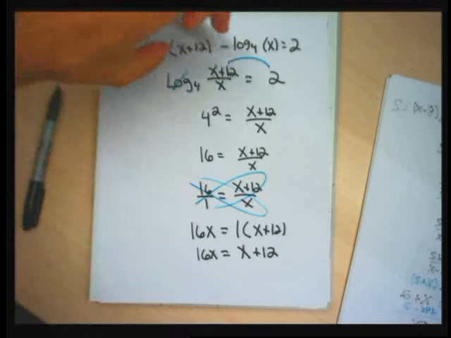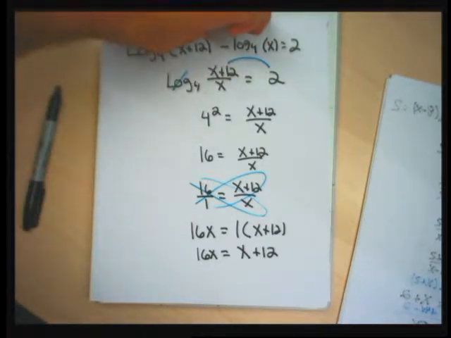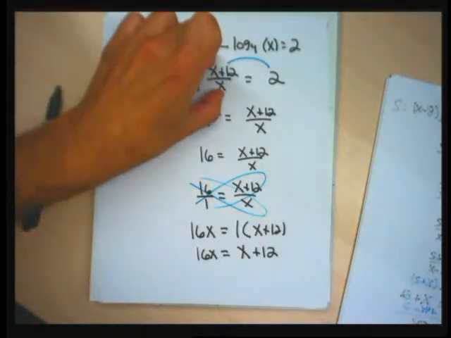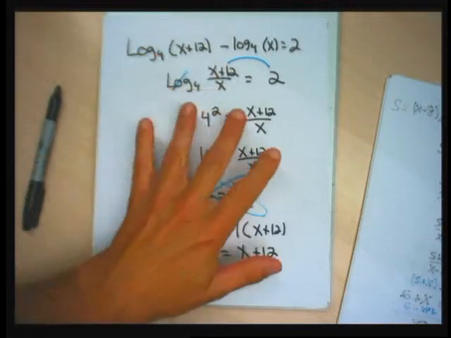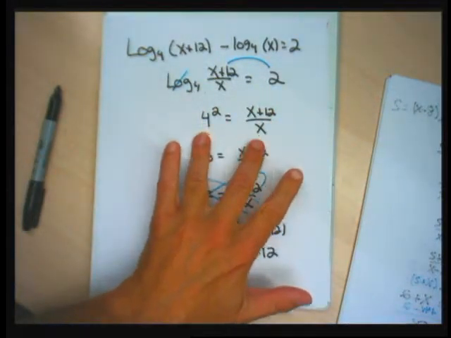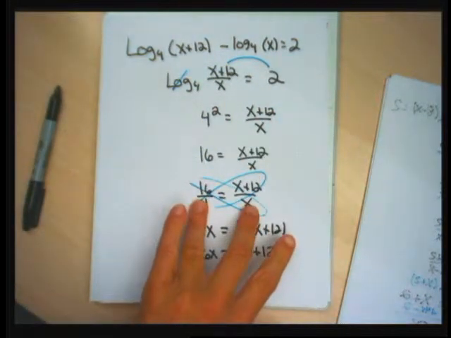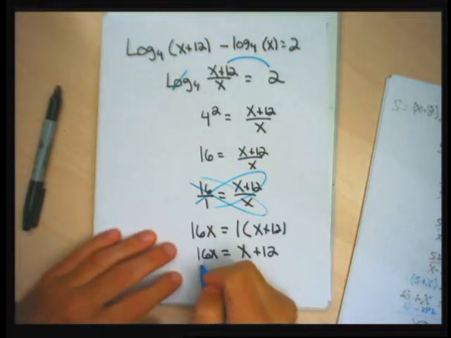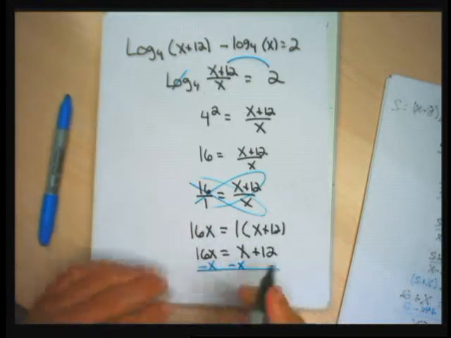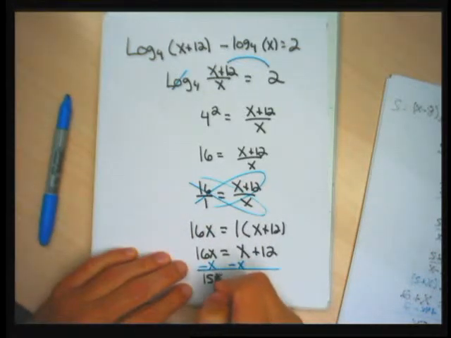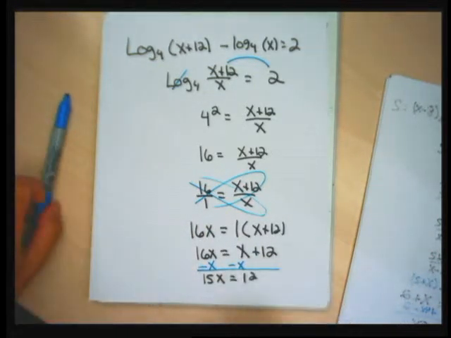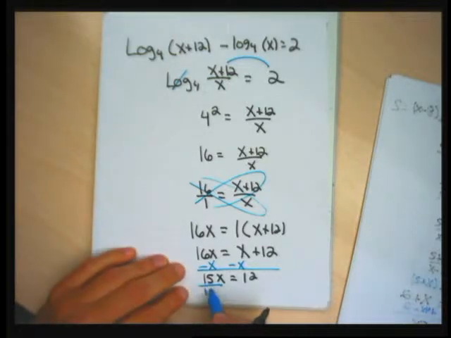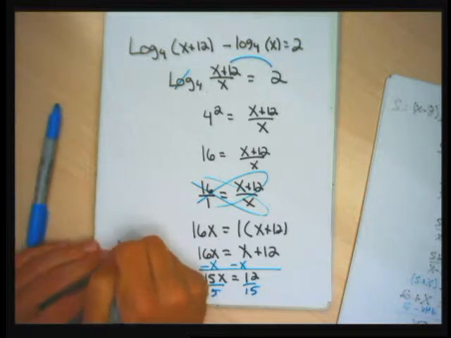It's okay though. Two fractions separated by a minus, use the minus to divide rule to make one logarithm. Scratch out the logarithm, switch, set it up to solve by cross multiplying. I'm going to minus x and minus x. That will give me 15x equals 12. And then divide by 15, and I get the answer